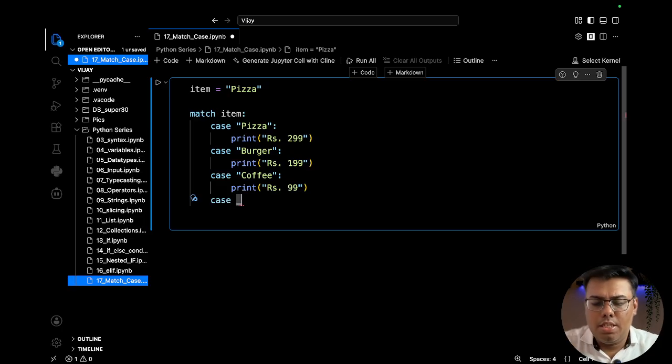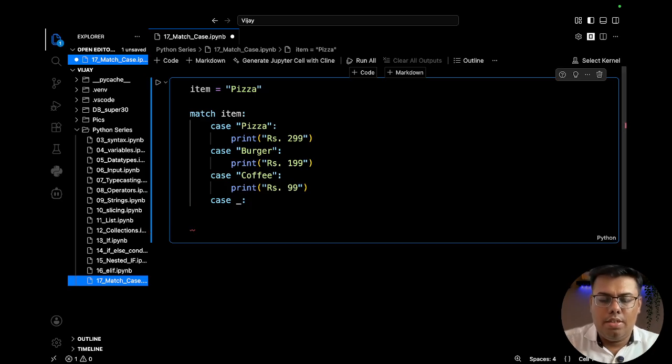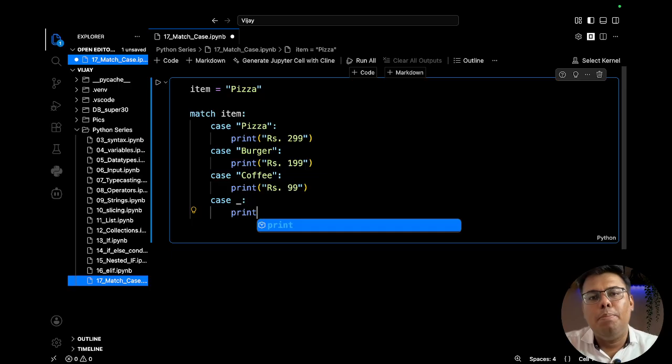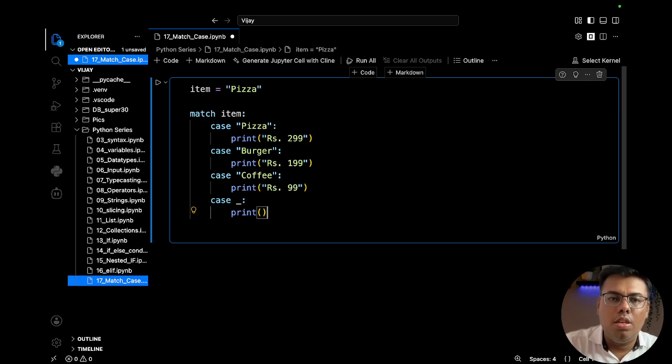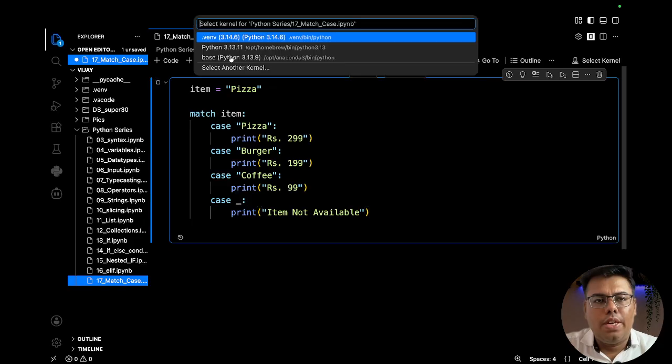There should be a space. Underscore means there is no condition, and you can compare it with the else part of the if else conditions. And then we will have item not available. Okay, so now if we try to run this,